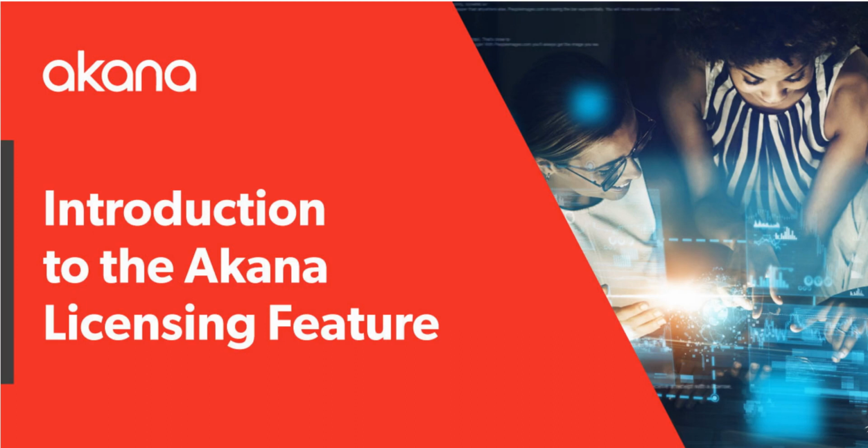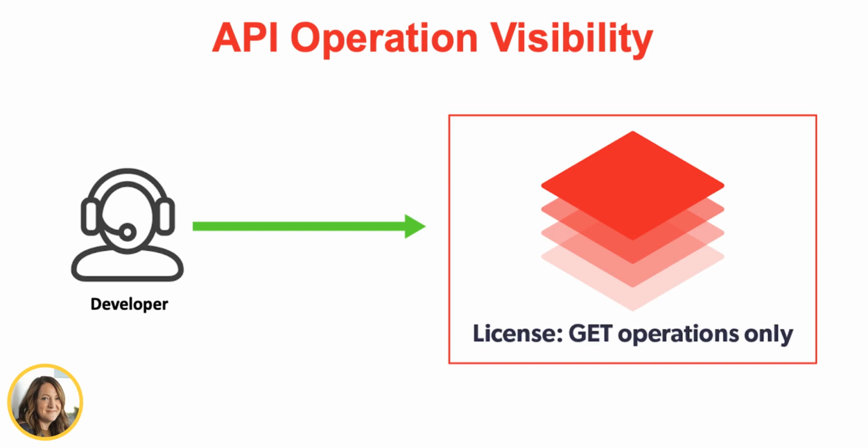This guide introduces the Akana licensing feature. Licensing allows you to create tailored API product packages, as will be explained. Subsequent videos in this series will show you how to execute the steps to make most effective use of this feature. Licensing is a powerful Akana feature that allows you to create tailored packages of an API product for different